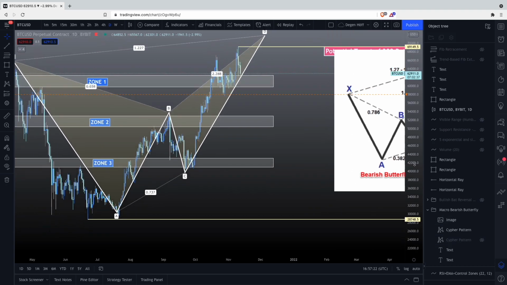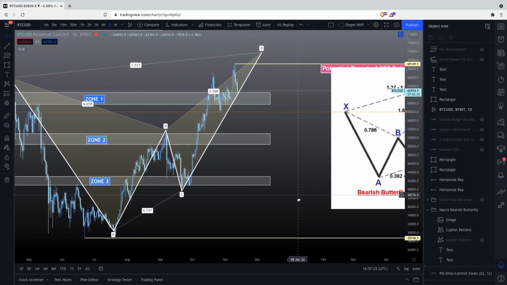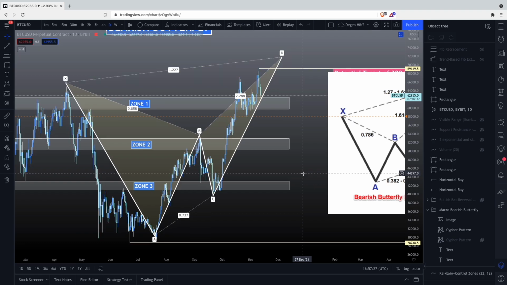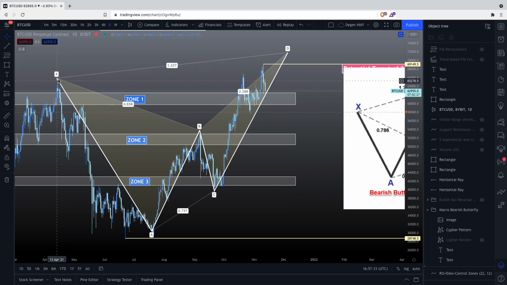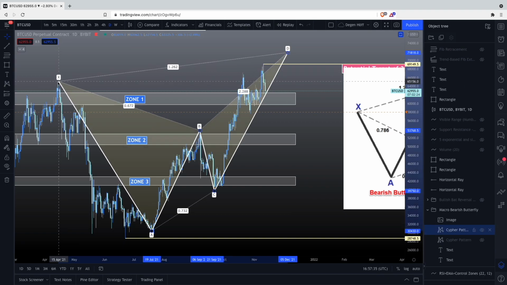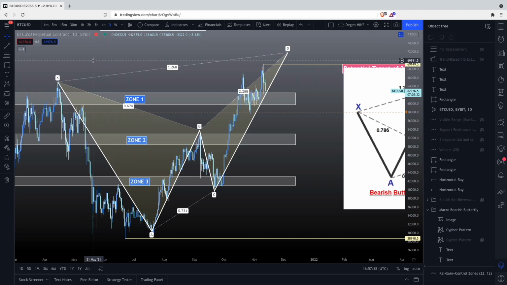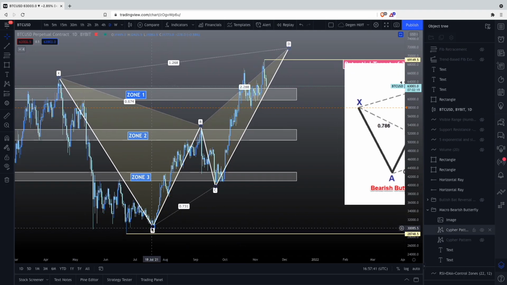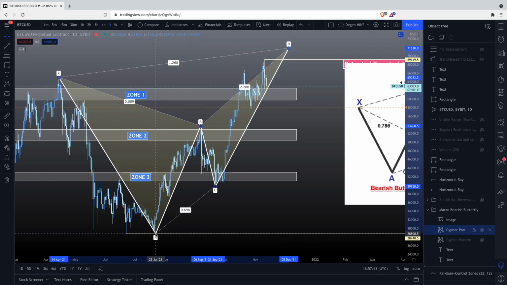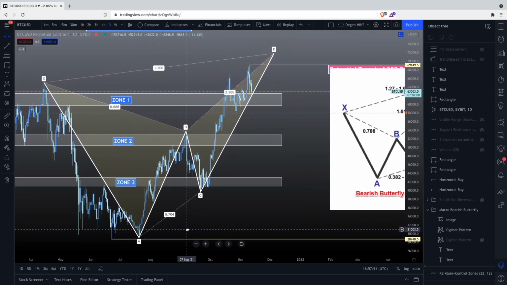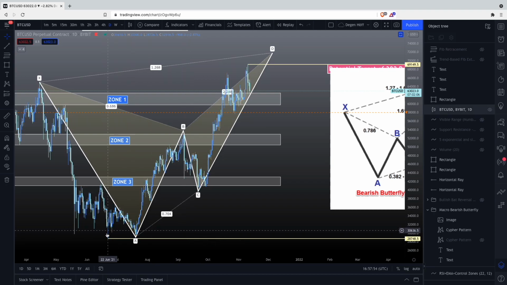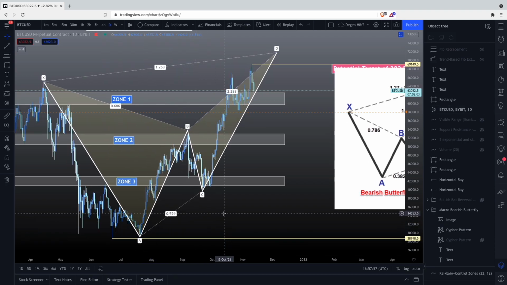Alright, so here I have a bearish butterfly pattern, and this is a macro pattern because it's on the daily. So all we're doing with this pattern essentially is taking the local top, which is around, this is kind of plotted wrong right there, and we're taking the local bottom. I think I plotted this on the 4 hour, which is why the measurement's a little off. I didn't take this scam wick over here because it's definitely a liquidation event or a manipulated candle, and then using that,